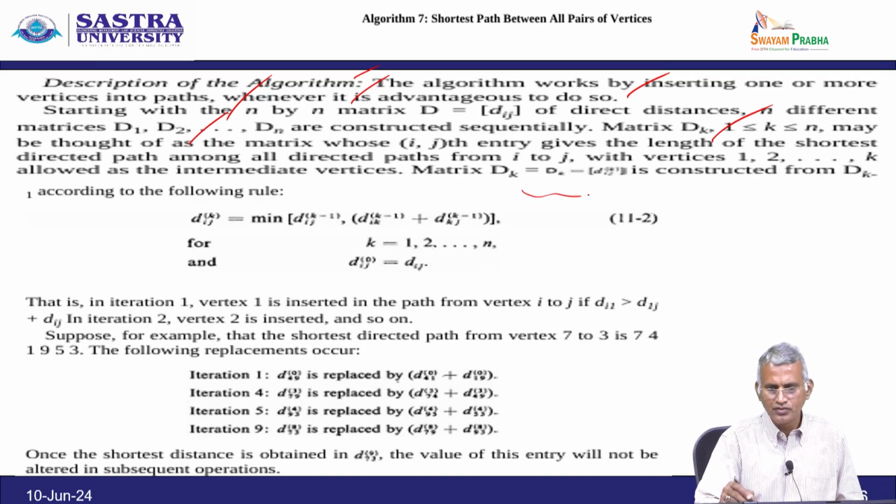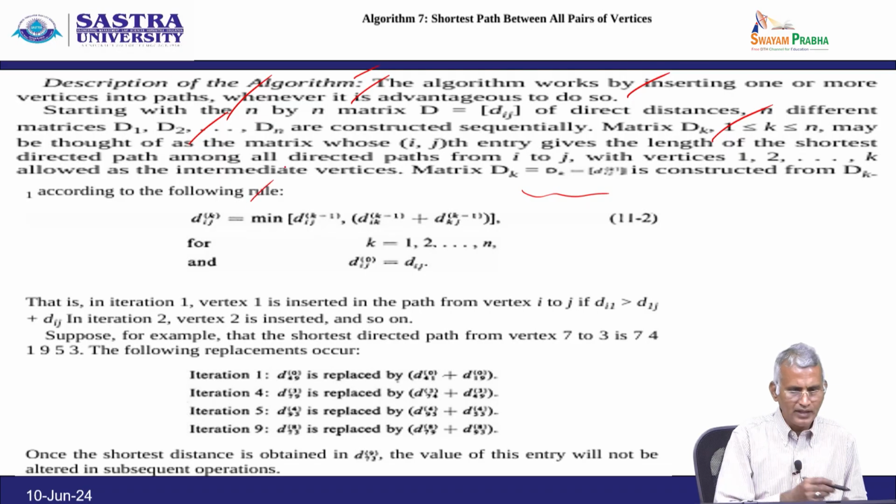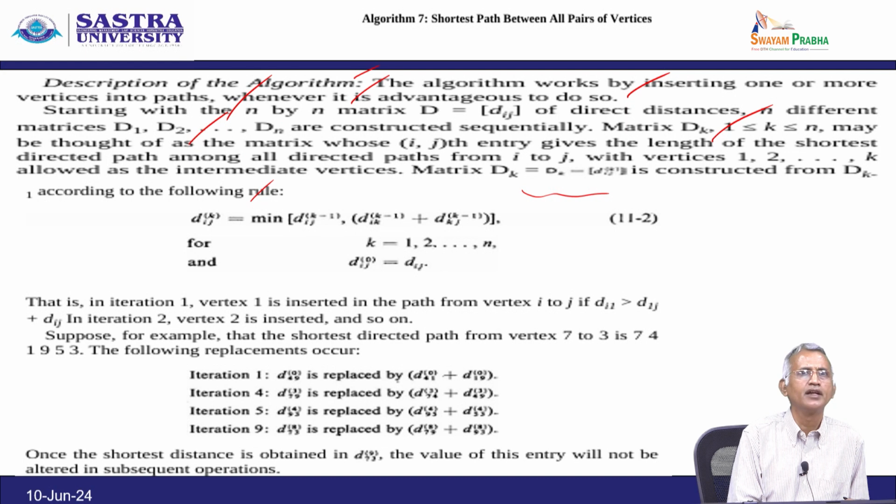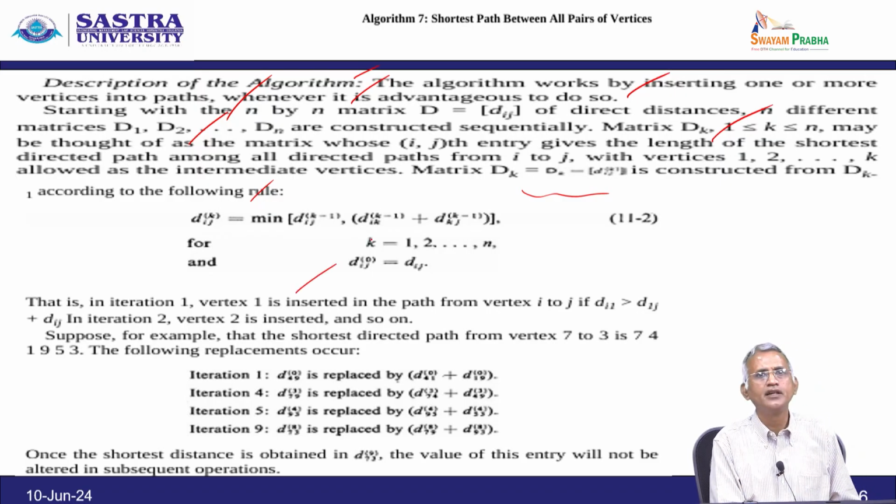Matrix Dk is constructed from Dk minus 1 according to the following rule: Dij of k is equal to the minimum of Dij of k minus 1 comma Dik of k minus 1 plus Dkj of k minus 1, where k equal to 1 to n and Dij of power 0 equal to Dij. That is iteration 1, and vertex 1 is inserted into the path from i to j,